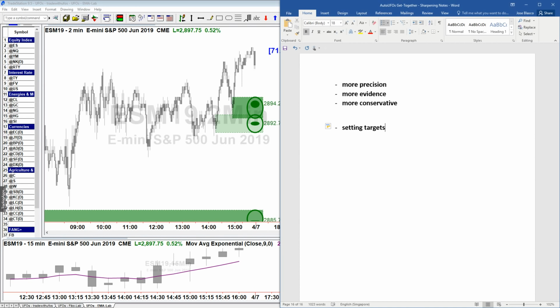Imagine that a market is going to give you a 50-point move, but you only collected 5 points. You may say, okay, I'm profitable, but guess what? You left so much money on the table. And it's not about being greedy either. It's about what if the next trade is a losing trade? And what if the trade after that is another losing trade?